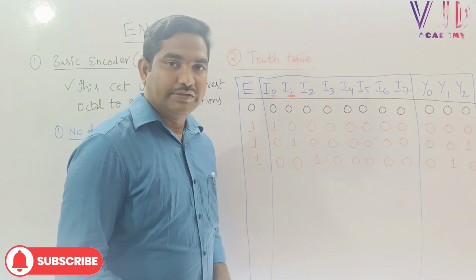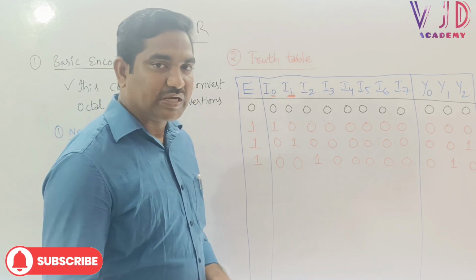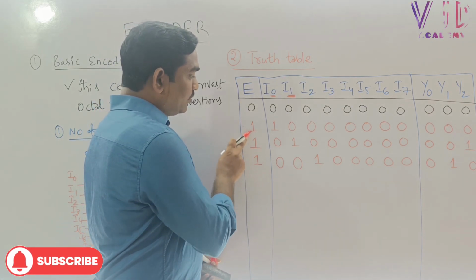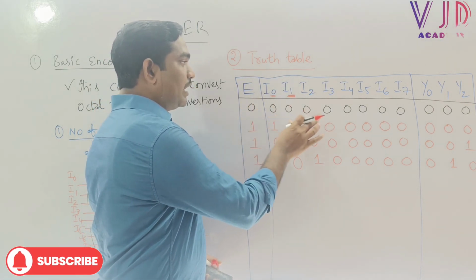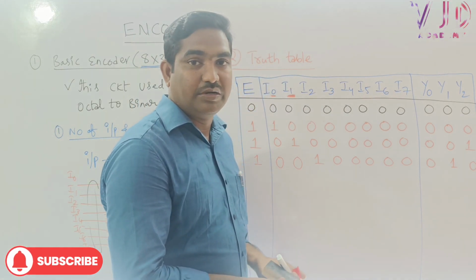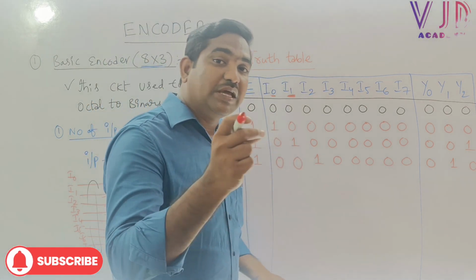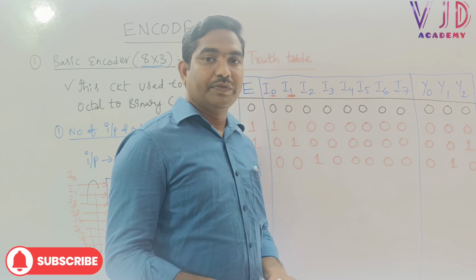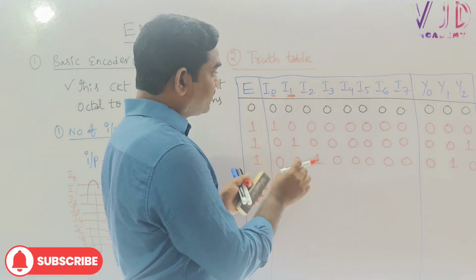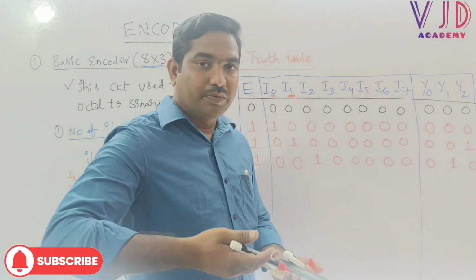Sir, are you following what I am trying to convince you? Please try to follow. What I am trying to tell is, the moment when enable is 0, then all inputs are disabled, so the output is also disabled because inputs are disabled. The moment when enable is 1, automatically one of the available inputs will be enabled, so that corresponding to that particular input, the output will be produced based upon the weightage